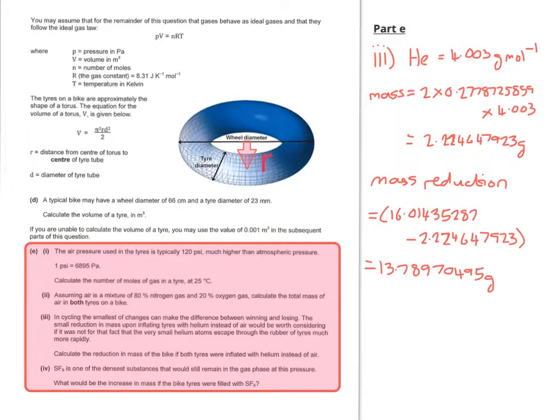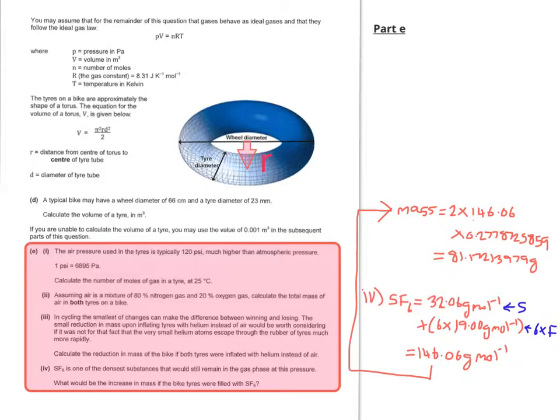Okay, so final bit is asking us to think about what would happen if we had sulfur hexafluoride as the gas in the tyre instead of helium. So obviously this is going to be a lot greater in mass. So adding up all of the individual grams per mole for each element, you need to work out the total for SF6 is 146.06 grams per mole. So we're doing the same calculations before, but incorporating 146.06, we get